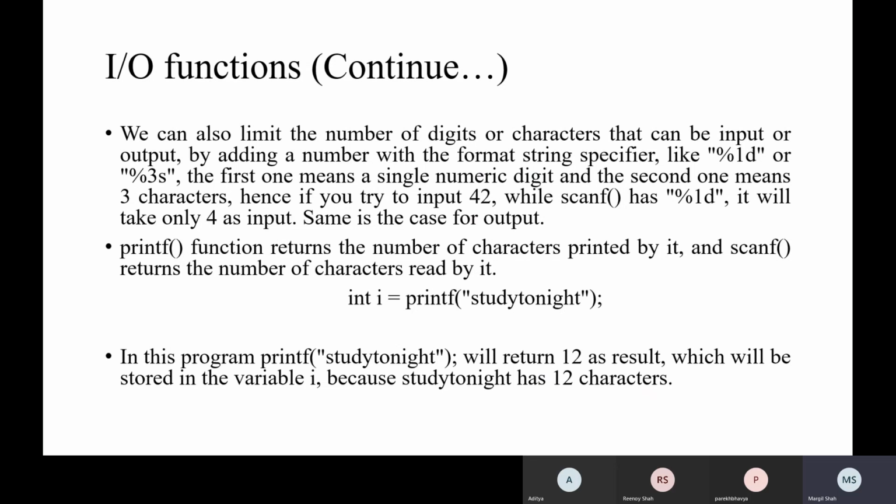Now we can also limit the number of digits or characters that can be input or output by adding a number to the format specifier. As I told you, the chapter may start with formatted input output. So scanf is used to scan or read the data, that is, input the data to the program.